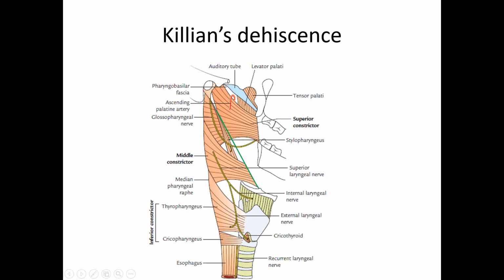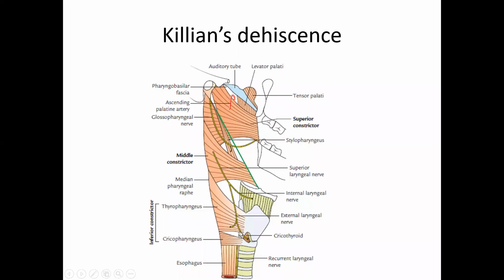Between the middle and inferior constrictor, you can see the internal laryngeal nerve piercing the thyrohyoid membrane and entering the piriform fossa. And below the inferior constrictor passes the recurrent laryngeal nerve, the inferior laryngeal nerve. What you can see here is that there are two parts of the inferior constrictor. That arising from the thyroid cartilage is called thyropharyngeus. That arising from the cricoid cartilage is called cricopharyngeus.